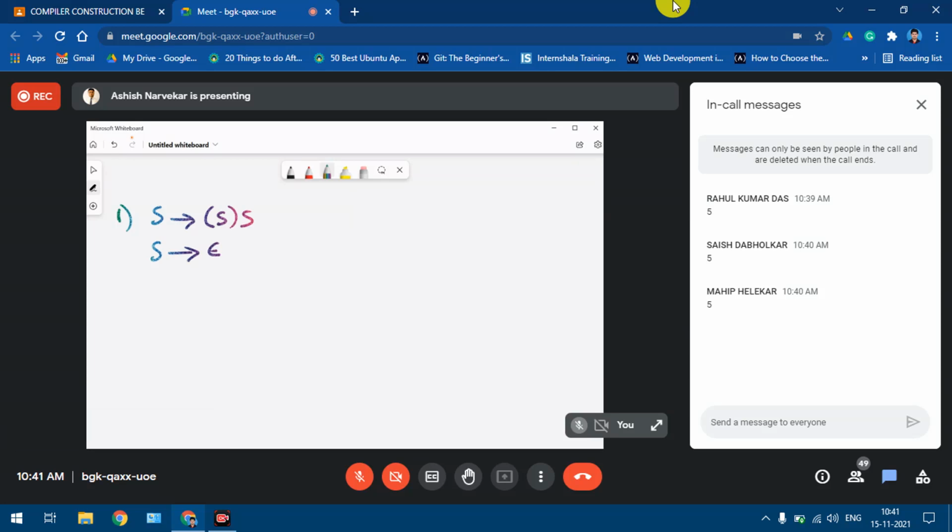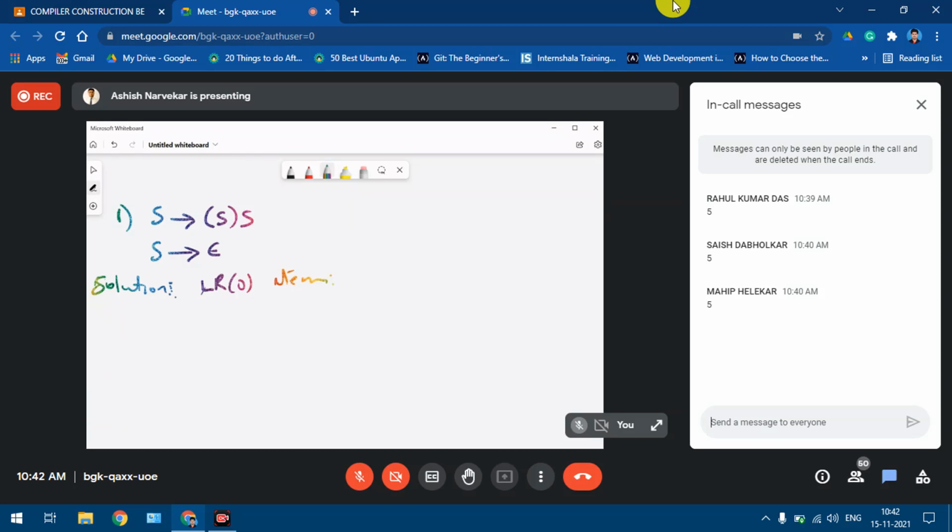First, we'll try to understand the required basic concept. Before we go to the actual problem, let's first identify the LR0 items.